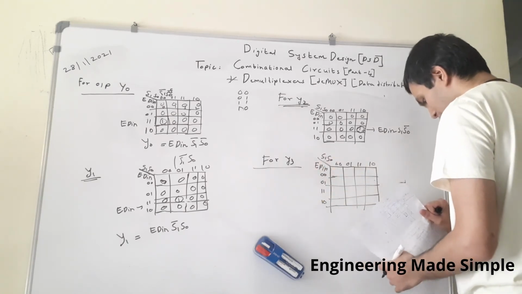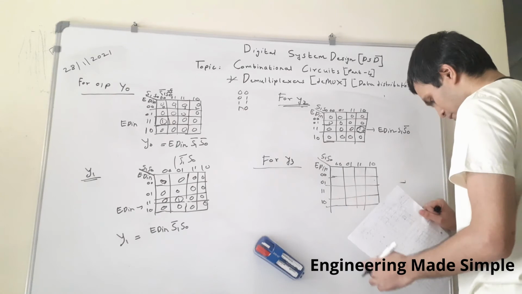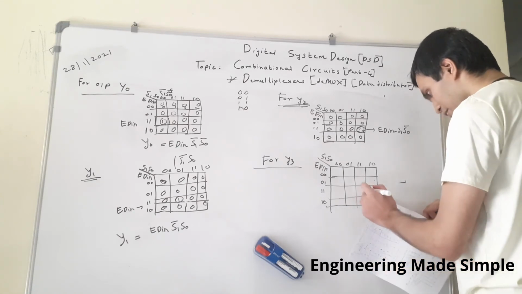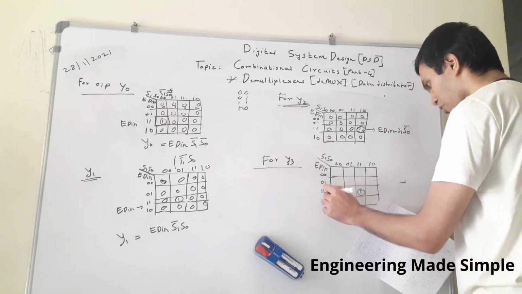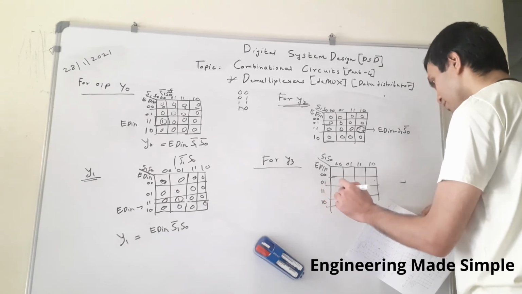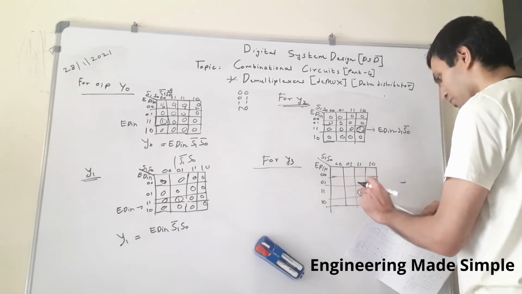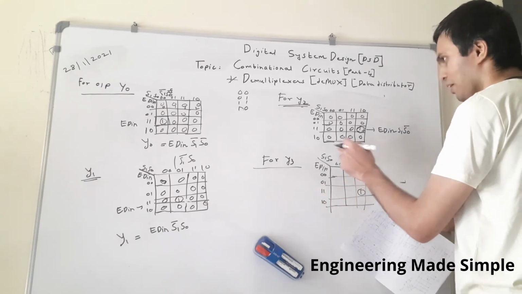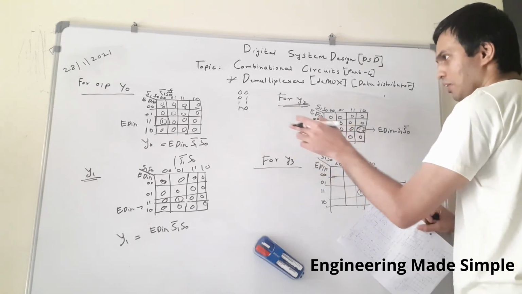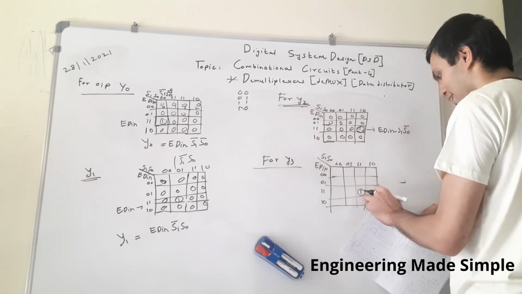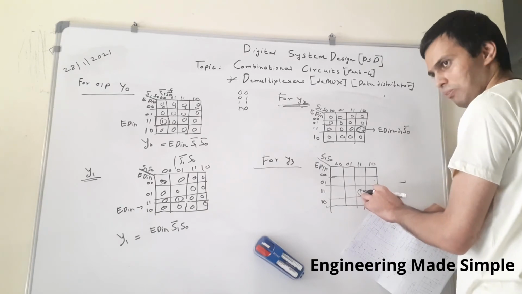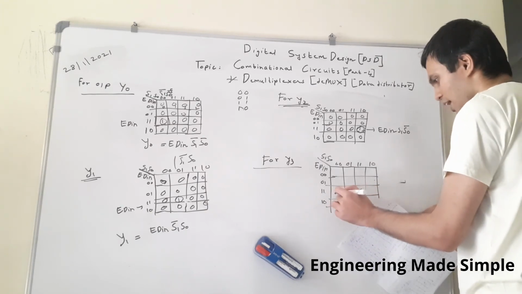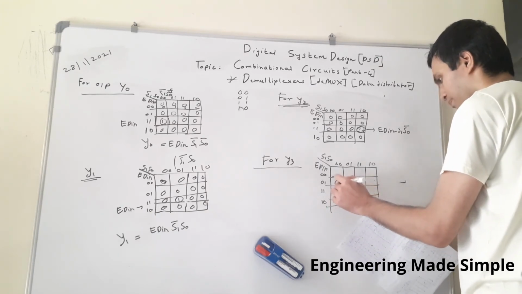Now let us see where the minterm is present for this particular term. The minterm is present for input combination 1 1 1 1. This will be 1 because for y3, remember, only when all inputs were 1, D_in was connected to y3. So only one minterm is present and the rest will be filled with 0.